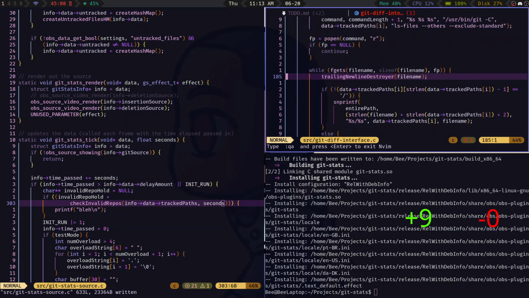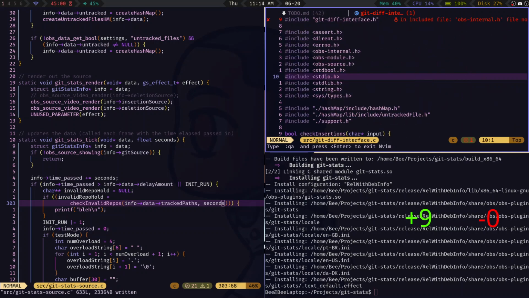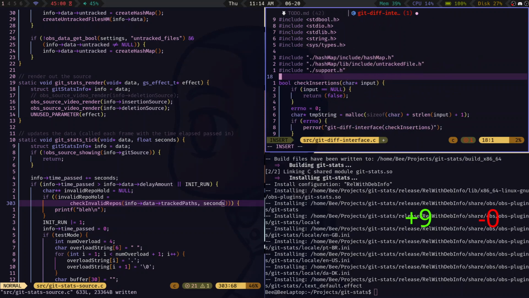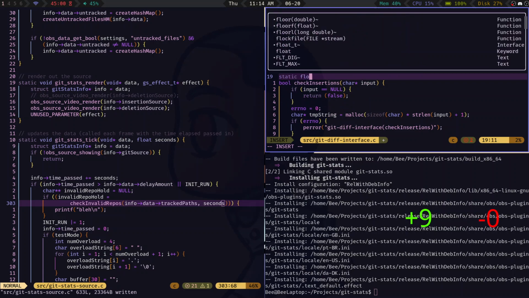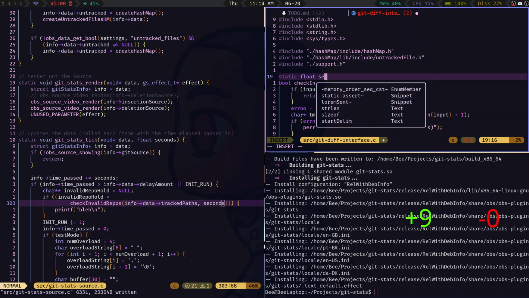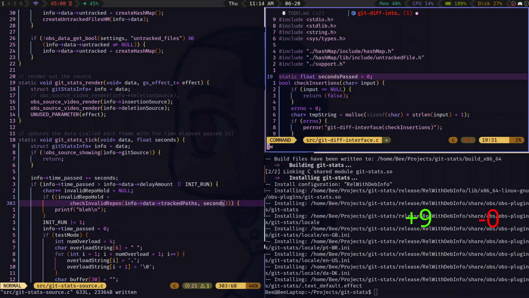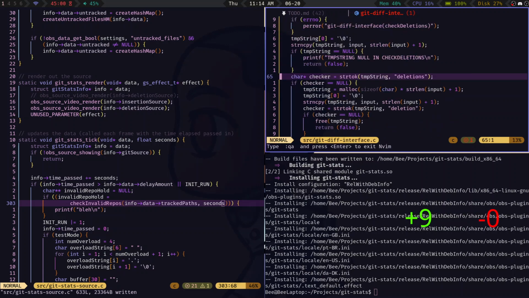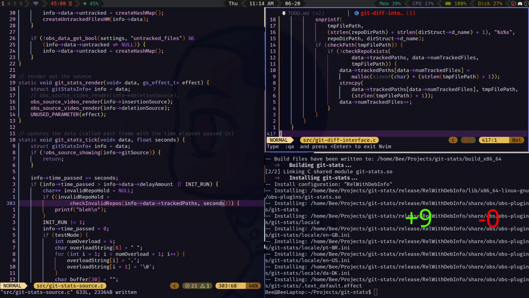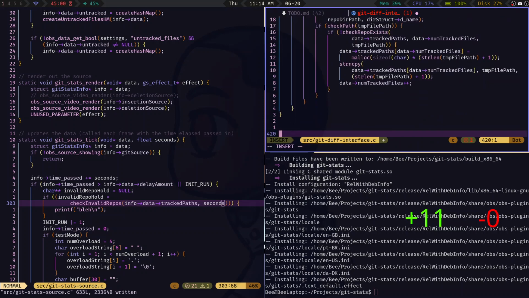So I wonder if this would stay, but let's try it anyway. Static int, or I think it's a float. Seconds passed equals 0. Would that let me do it? Okay, so then we would come over here and we return this, and this is called